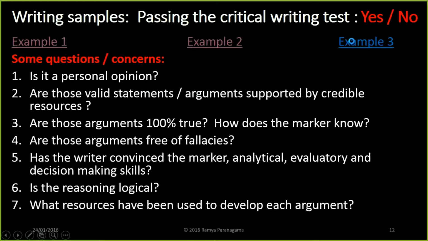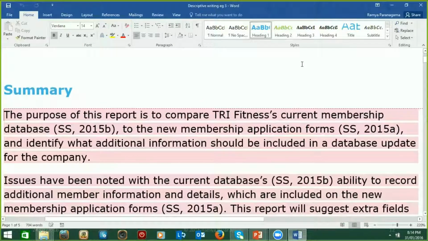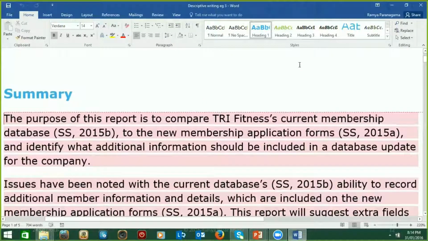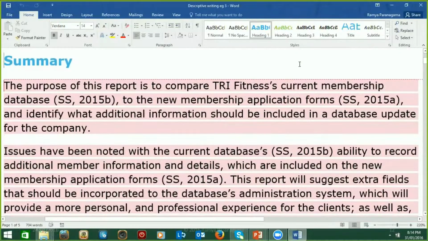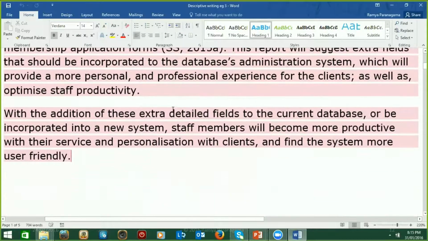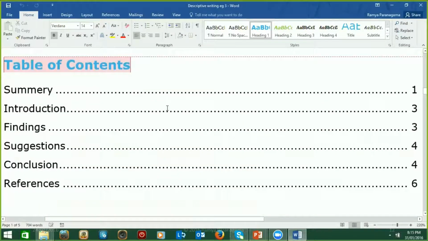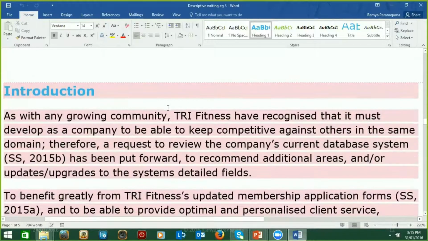Let's look at example 3, and now you can remember examples 1 and 2 both, right? Based on that, we are looking at example 3. This example shows the purpose of this report. It's a summary. Can you see in-text referencing in the summary? But keep in mind, you should never ever write in-text referencing for a summary. A summary is purely your thinking, right? That's an error here. It's technically wrong.